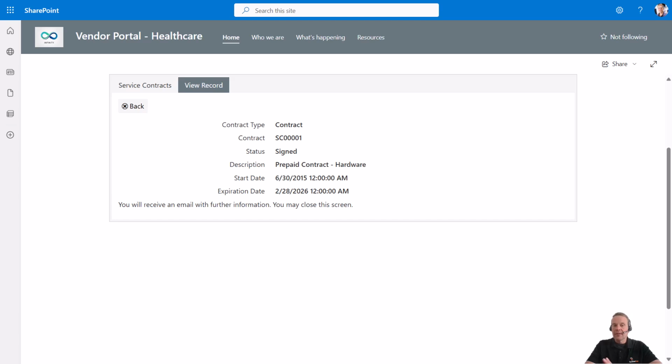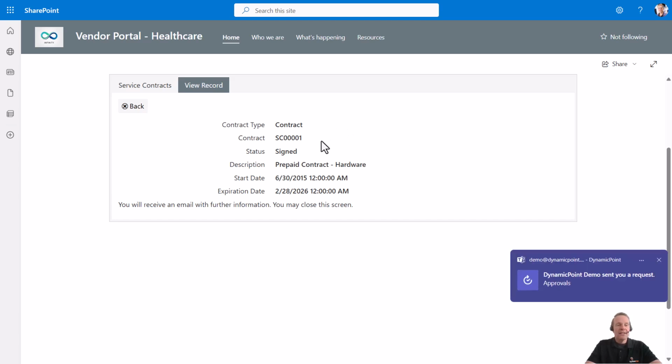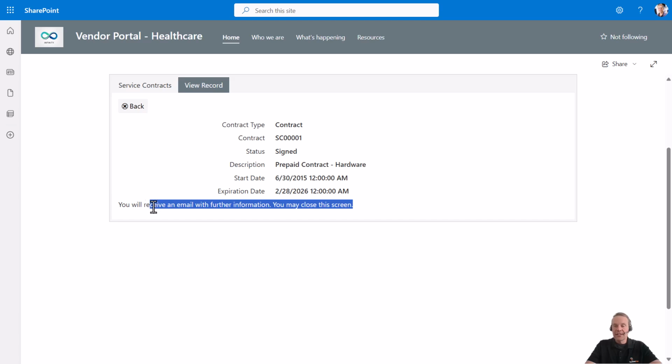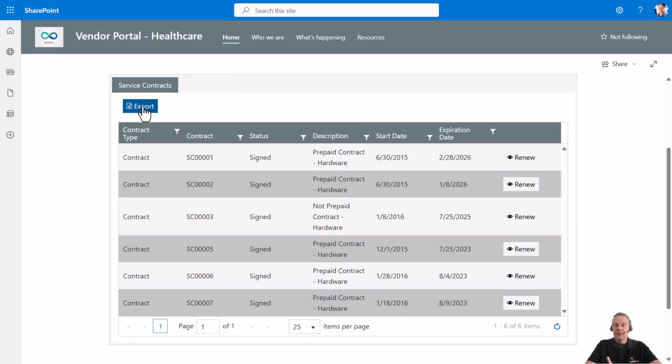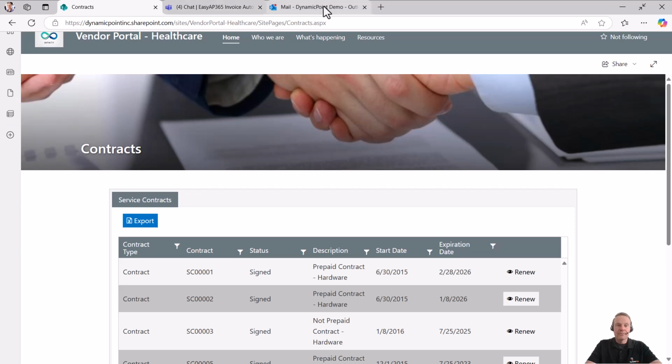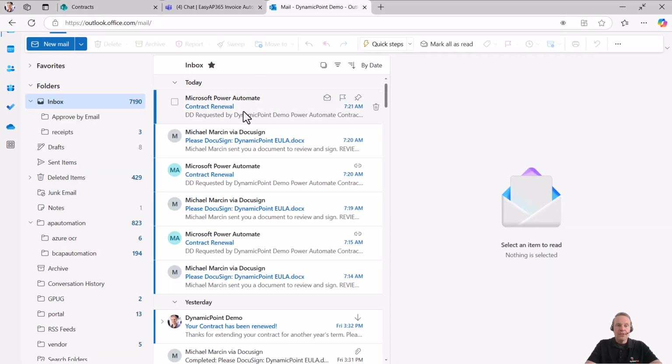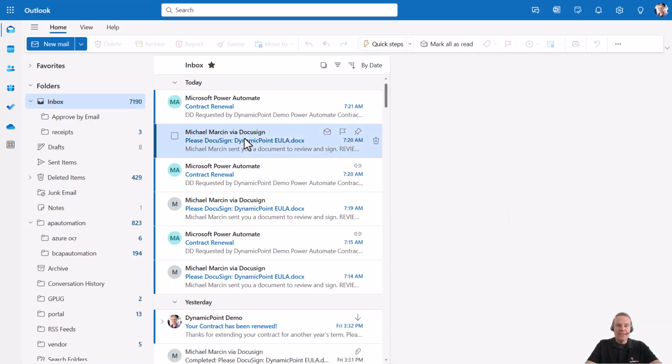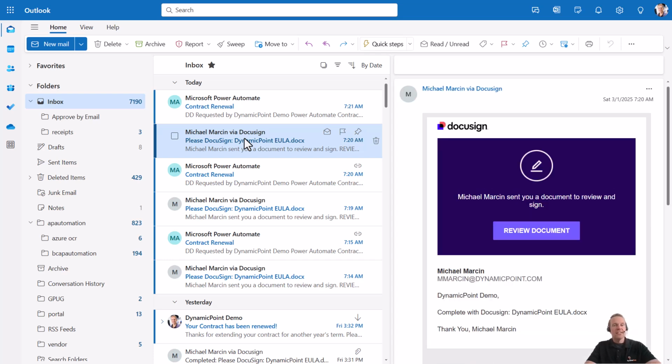I need to fill out PDFs. So you can see they received a notification here that they're going to get an email with further information. And you can see I also got that desktop notification because I'm going to go ahead and receive that to my vendor email account. So let me go ahead and go there and go to my email. So what you could see here is, I apologize, wrong one. So this is it. They got